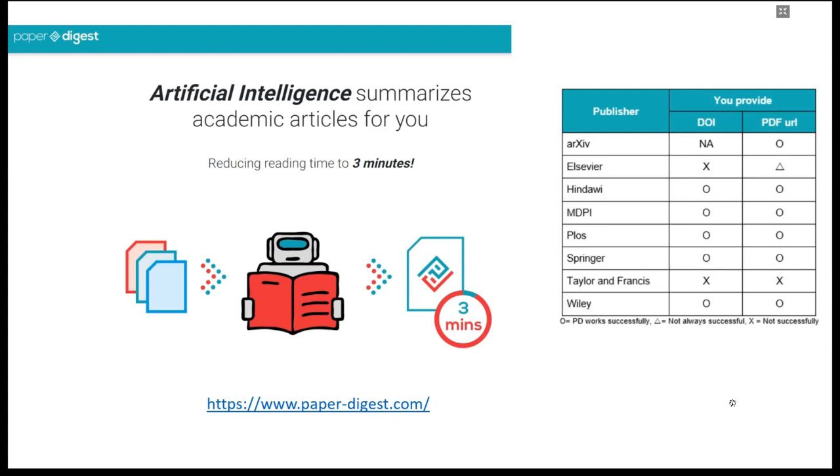But the catch is, for this tool to be able to summarize a paper, the paper has to be available as an open access paper, or you can also download the tool and locally upload a PDF sourced from the author or from other institutional sources, and this tool works fine. This tool is under maintenance, so there are not many additions happening at the moment. If you're looking at open access publishers, the tool is great. But if you want the tool to work on papers from publishers like Elsevier, then it gets a bit